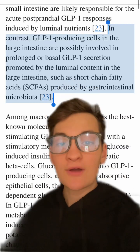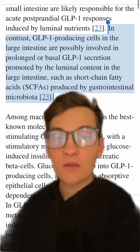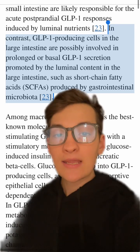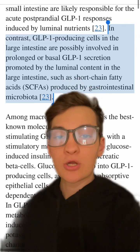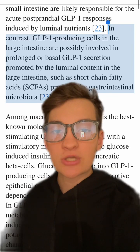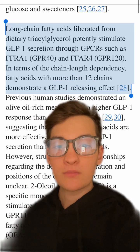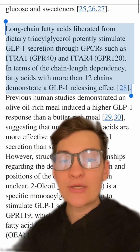When it comes to nutrition, fiber increases the production of short-chain fatty acids in the large intestine. These short-chain fatty acids interact with the L cells and increase production of GLP-1, one of the mechanisms by which fiber is extremely satiating. Long-chain fatty acids also increase the production of GLP-1, and olive oil appears to increase GLP-1